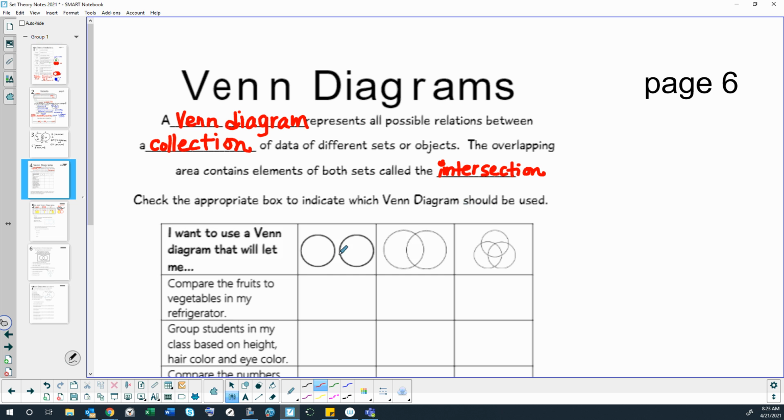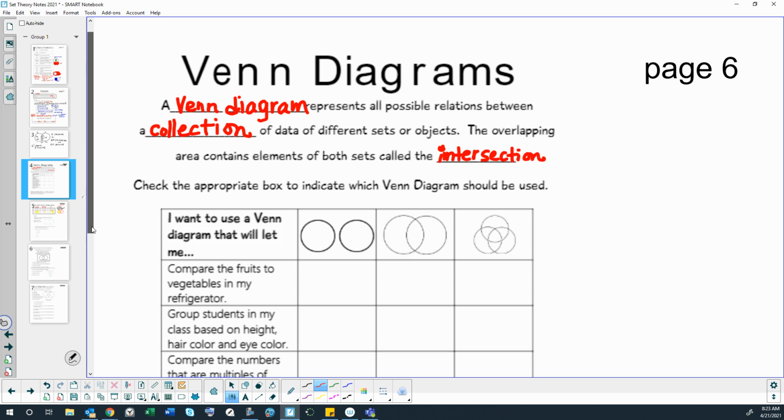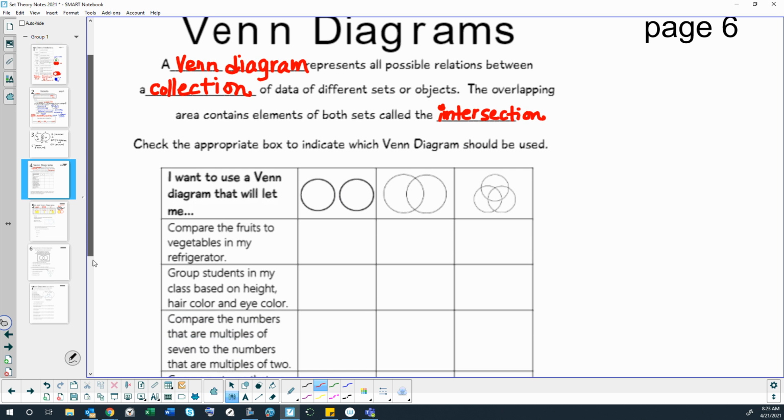Okay, so last time was a little activity. I had everyone go through and check off which diagram would go with which situation. So this has two circles, which means it has two different subsets of data. However, they're not overlapping, so that means there's no way for those two sets to be the same thing, right? So we decided that was fruits and vegetables, because something is either going to be considered a fruit or considered a vegetable, and probably not both, unless you want to, for some reason, put a tomato in both,